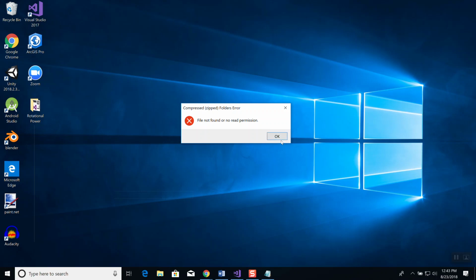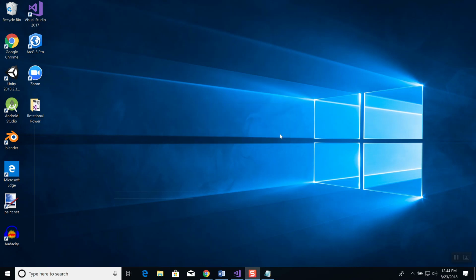File not found or no read permission. Okay, so it's just not that one directory, it's everything. That's nice to know. Another thing to look at on Friday. I'd be shocked if I actually got through the entire day without something not working right. We put it before we put it in our documents, which everybody should have access to, your own documents. But I may have to install another zip folder. This almost implies that the compressed folders program is not working right. Okay, well, I won't show you zipping up code today, but